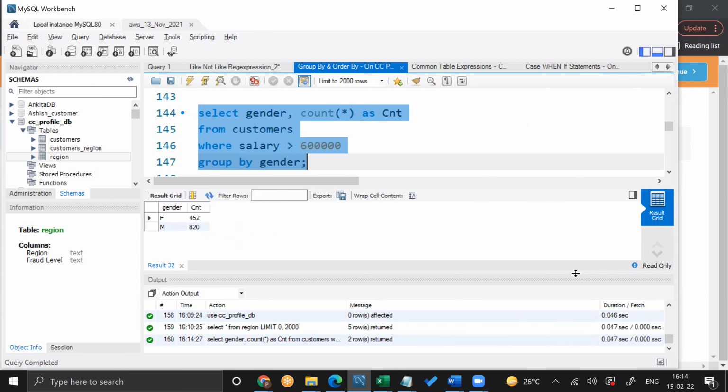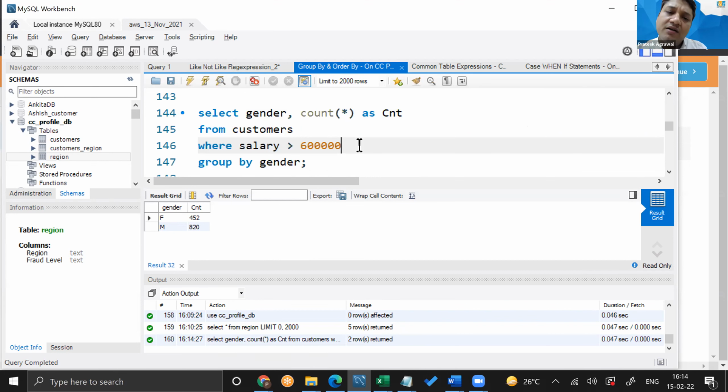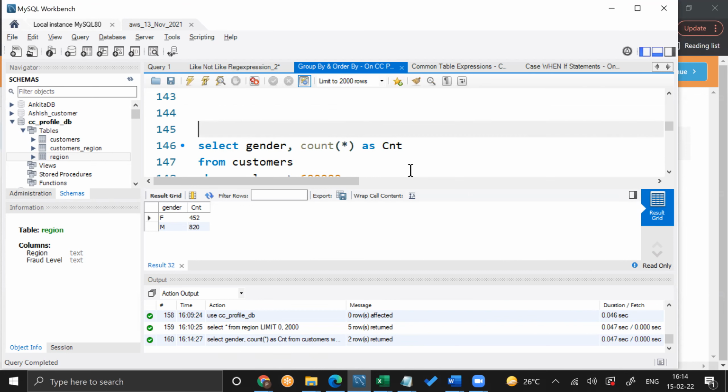My question is, if the data was 1,000 lines, then why are we getting a 1,200 count? Because we have filtered out people who have not gotten at least 600,000 as salary, Ankita. I understand that, but if you just write select everything from customer, the count of lines there is just 1,000.